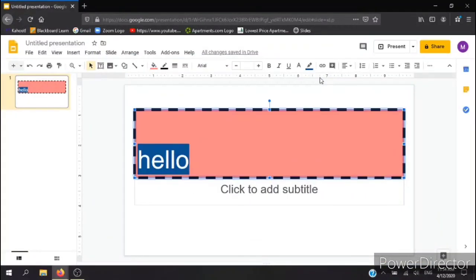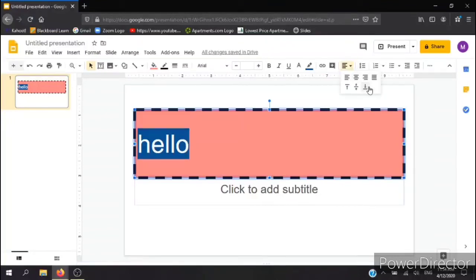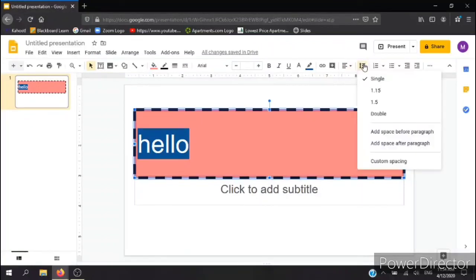I'm going to put this to the side. Okay, then again, insert link, add comments right there. We have a line, if you want it on the left side, middle, right side, or justified, which would reach from side to side if obviously the word is not as small as that. If you want it on top of the box, in the middle of the box, or on the bottom of the box, it's right there. Line spacing is when teachers normally ask you to do